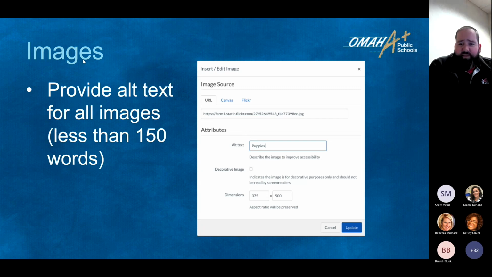Image alt text. This is a big one that a lot of people miss, and I miss it all the time too. It's actually one of my goals as I'm trying to get better at providing alt text for my images when I use them. But basically, alt text is text that accompanies a picture that you might put on something, and it's usually got to be less than 150 words, and it's basically just a description of what that image is or what it's saying. And it's really only for instructional